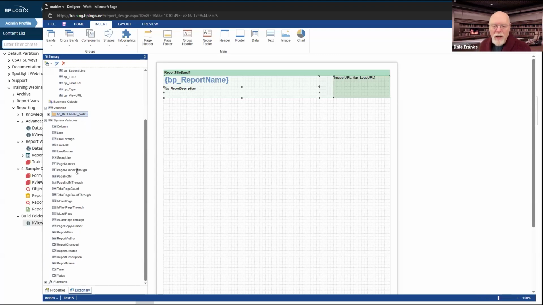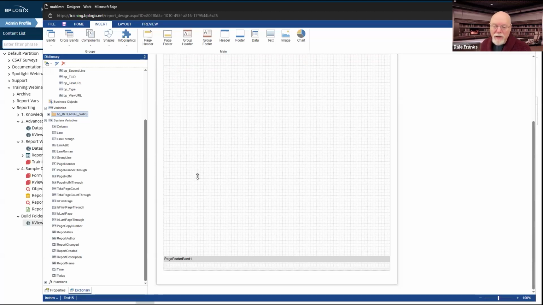So those are useful and they exist, and it's good to know that they're there, but there are also system variables inside the reporting component itself, one of which is the page number. So I can actually just go ahead and grab the page number, and I can drop it right inside this band. Now, note it gives me two pieces of text.